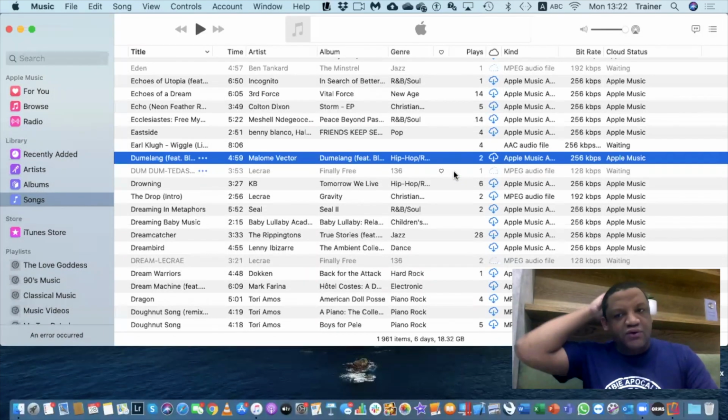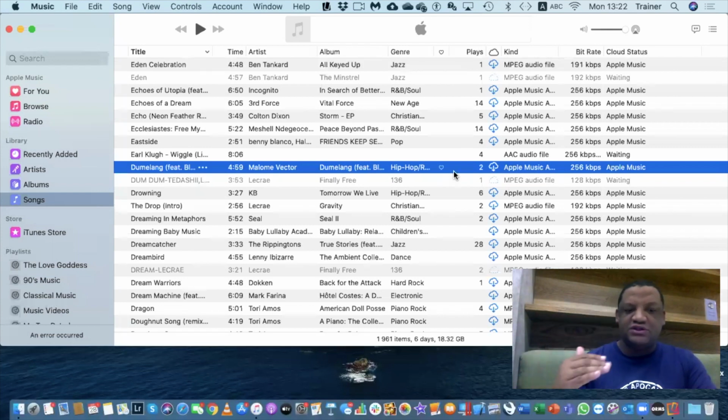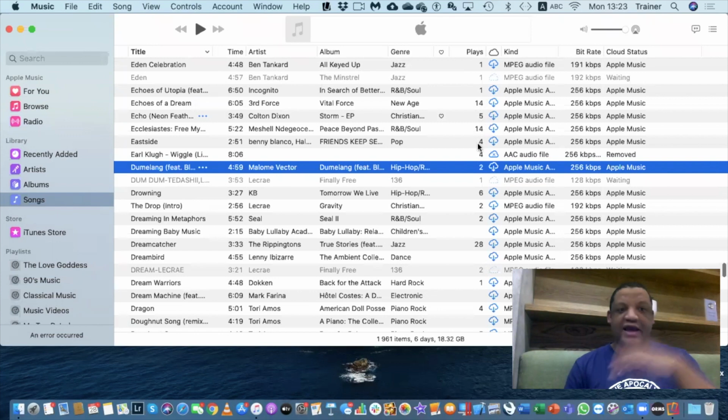Cool. So now you can actually go through all of your music, select the 95 ones very quickly. I just did it with one, and you can highlight it and delete it, right? So that is a pretty cool way of updating your music, and it will update on your iCloud music library as well.